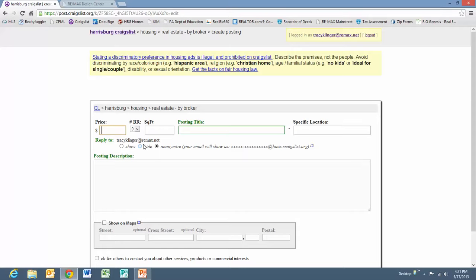So I just put the price here. That way if the price changes, I just have to change it on Craigslist. I don't have to worry about redoing my Design Center project. The number of bedrooms, the square footage of the house,